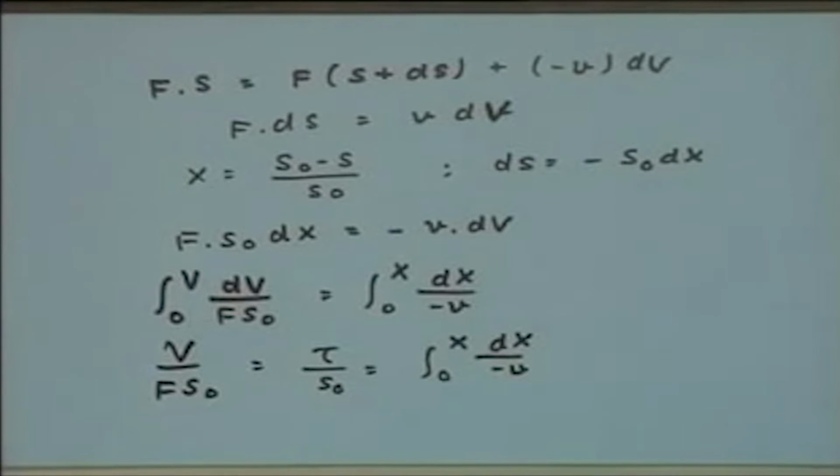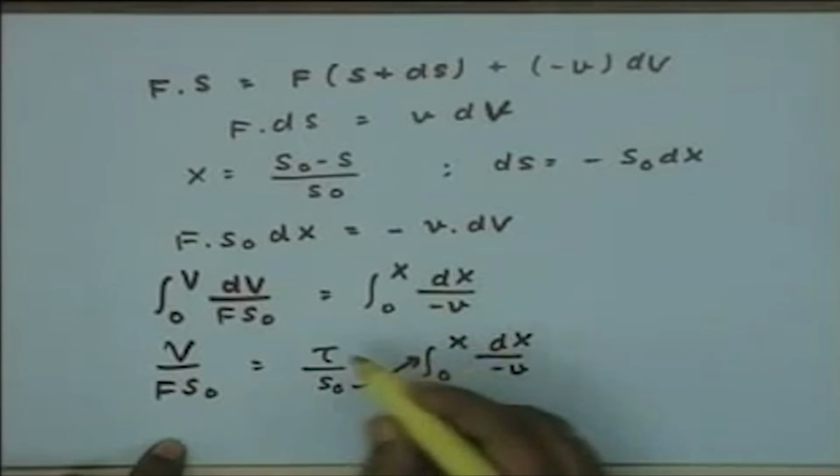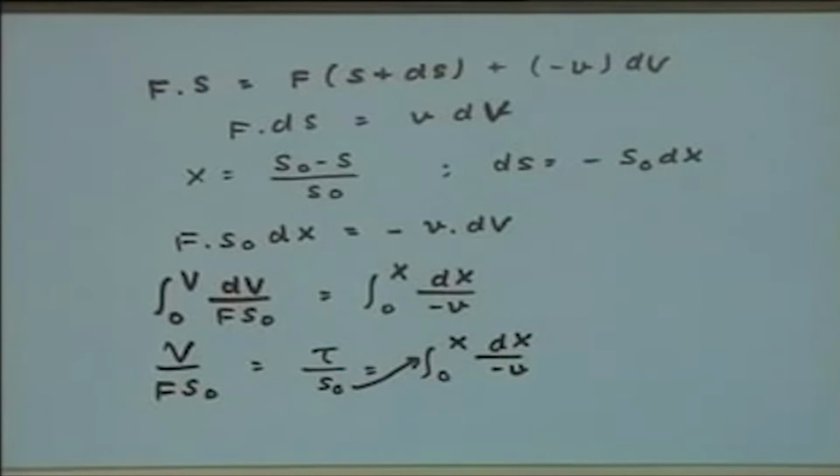Now, I think again you look at the performance of a plug flow reactor, it essentially arrives at the same form. You can transfer the S naught to here. So, tau is equal to S naught dx upon minus v, that is the reaction rate. Essentially the performance will be almost identical to that of a batch reactor, with the difference that the reaction time here is replaced by space time, and the reactor performance therefore on the same lines you can write as